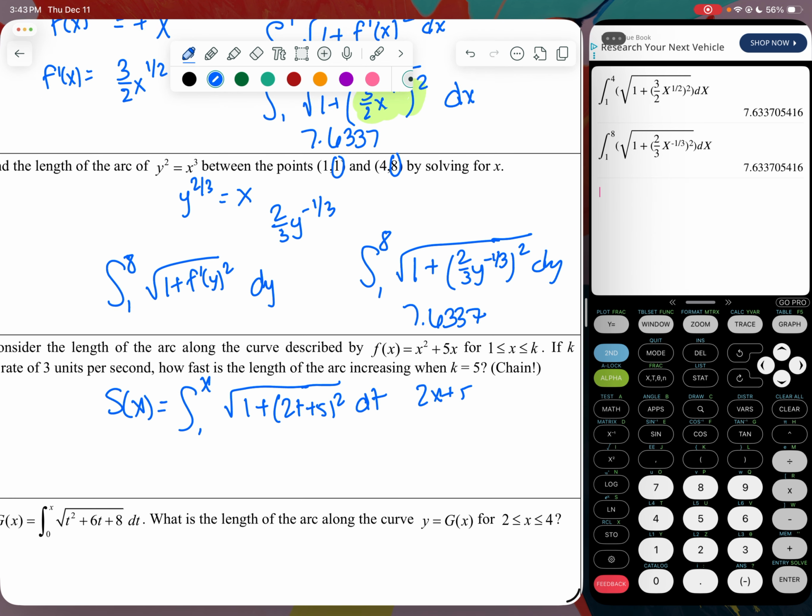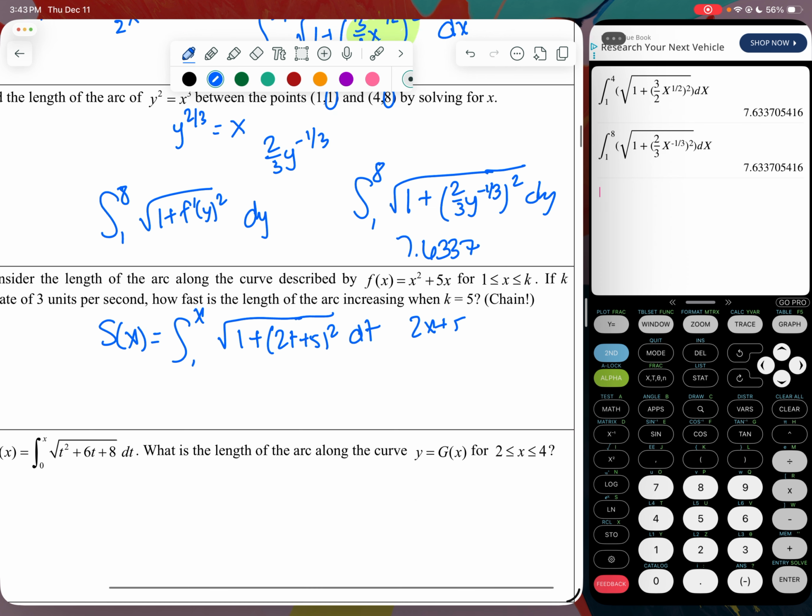Now, if we take the derivative with respect to time, then we will get